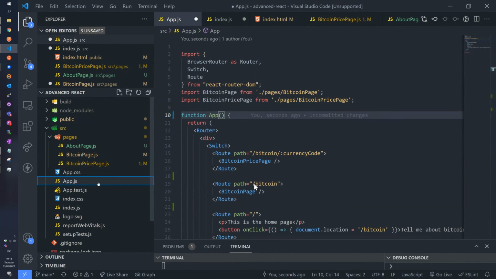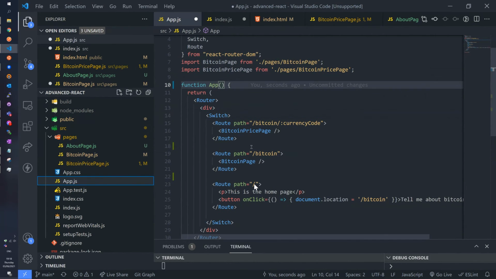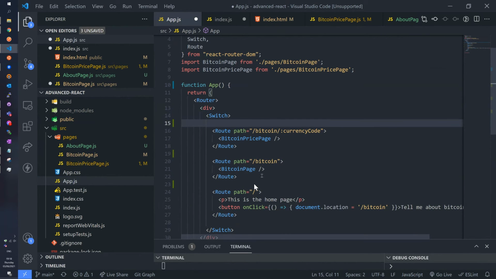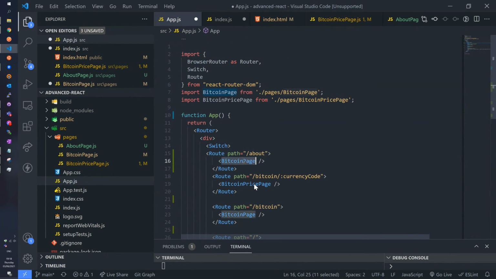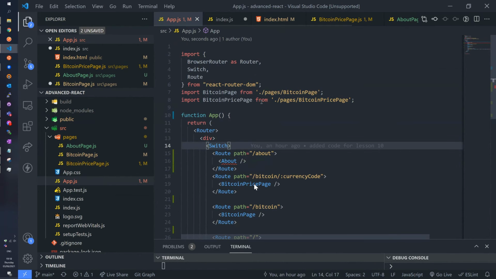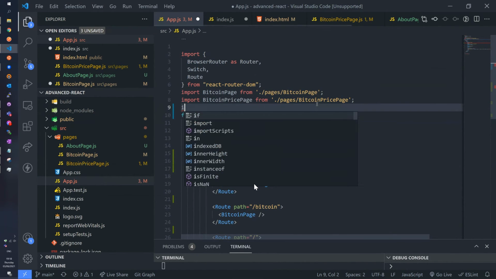I have some time, so I'm going to show you again something about props in case you forgot. I'm going to make a static route here. We're going to create our about page again, and I have to import it as well.